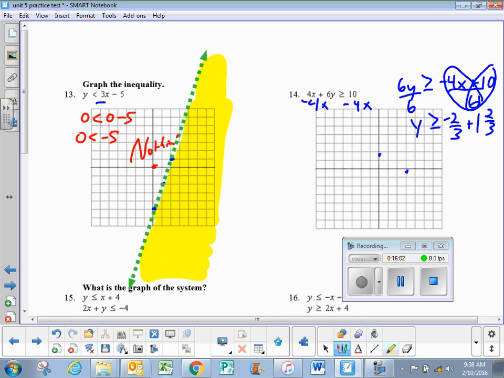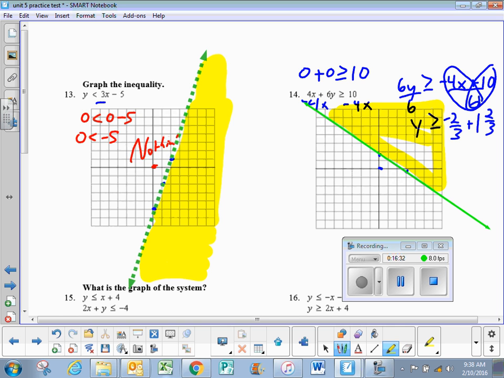Okay, dashed or solid? That one's going to be solid, right? So I'm going to go something like that. Adjust it a little bit. And then I need to shade appropriately. Graph a little bit. And does 0, 0 work? Is 0 plus 0 greater than or equal to 10? Is 0 greater than or equal to 10? No. So since 0, 0 does not work, we're going to shade to the opposite side of that over in